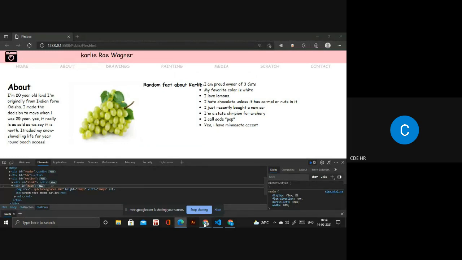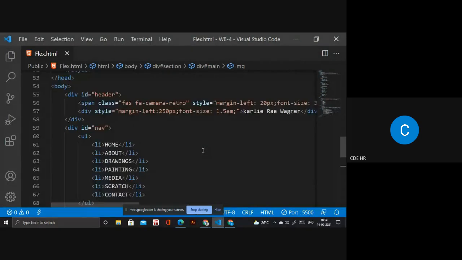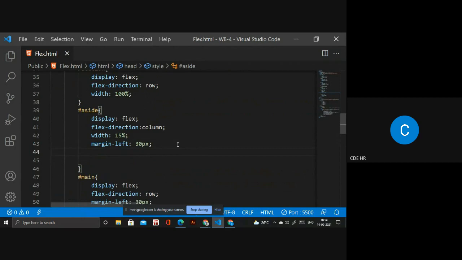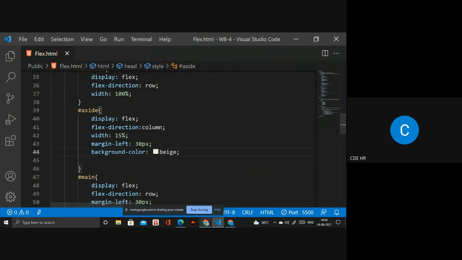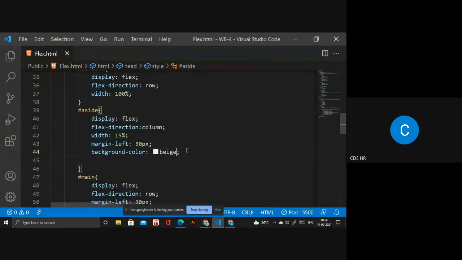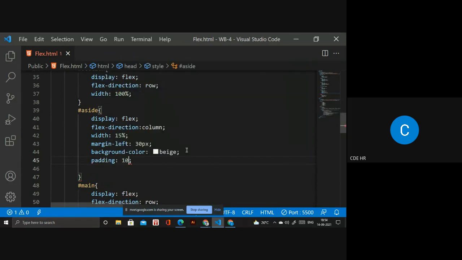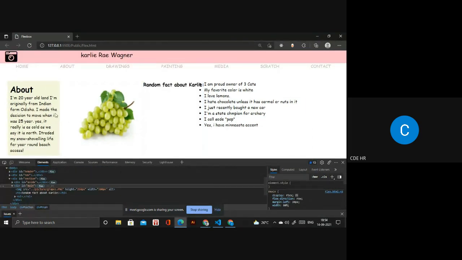So if you want a color, what is the color? You have to go there and choose the particular color. I have to give the particular color inside that aside section as well. So for background color, you have to write what color we have to choose. That one. Let's see. Good now. Okay. If you require padding as well, you have to write padding. Padding is like 10 pixel. And if you require a border as well, you have to give that. So it will look good now.